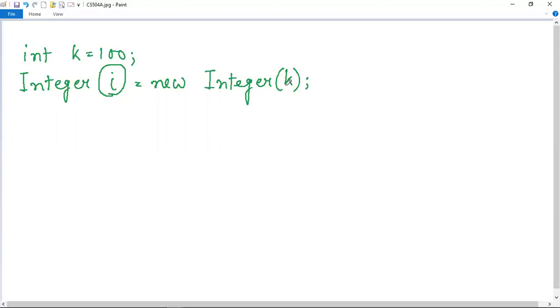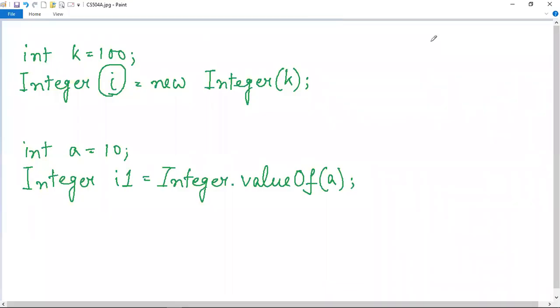Now there is also another approach to convert a primitive type into an object. Let us see that now. This is another example which shows that a is an integer variable, its data type is primitive type int, and it has a value 10. Now again we are using the Integer wrapper class because we want to convert it and give it an object appearance.